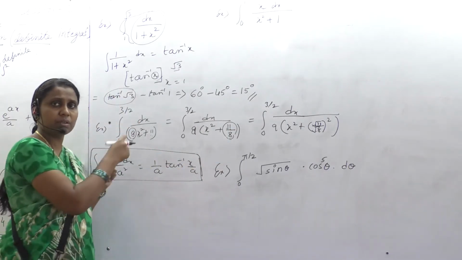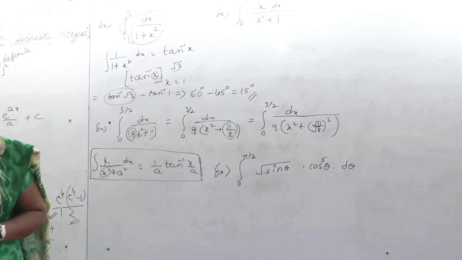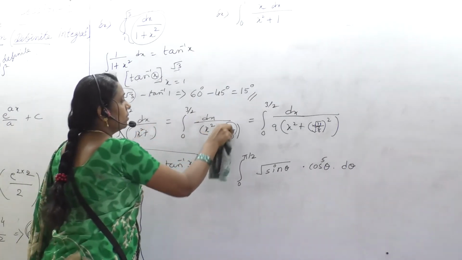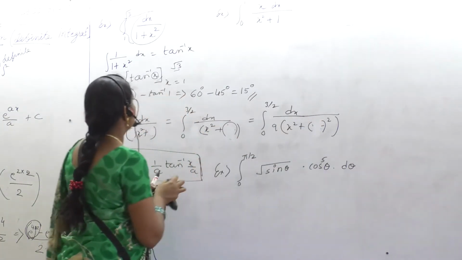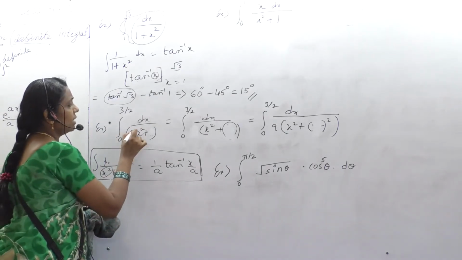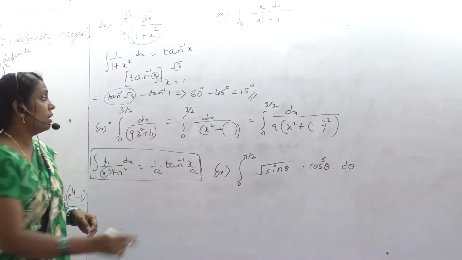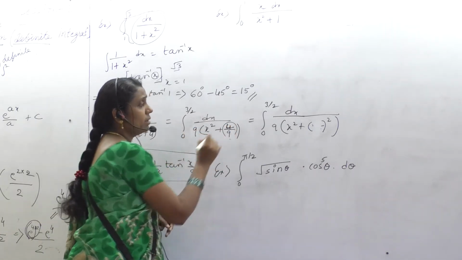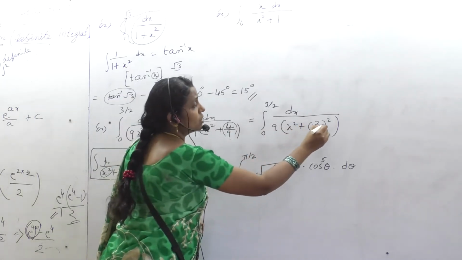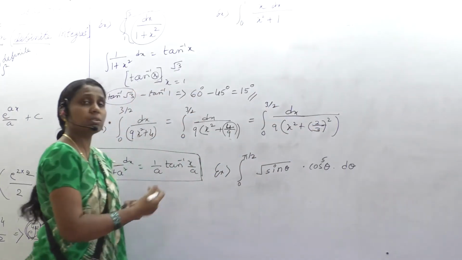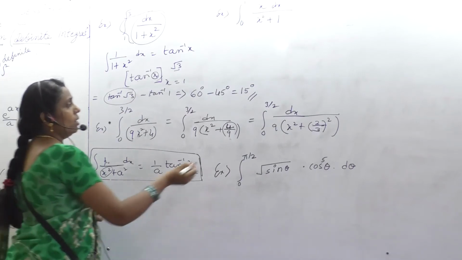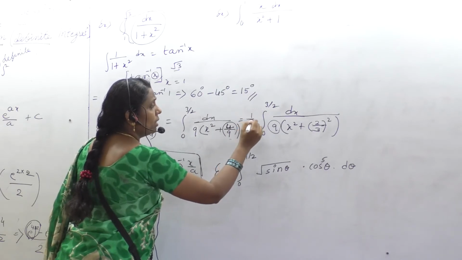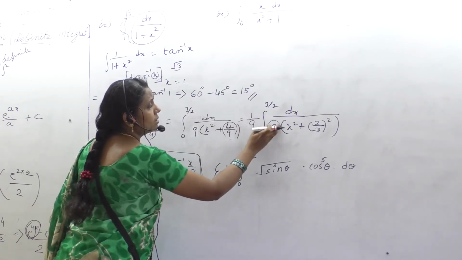So shall we switch to the previous question itself? Okay, what was there? 4 by something. So here it was 9x square, this way it was 4, and 9 we took common, and here we got 4 by 9. Am I right? So 4 is nothing but 2 the square, 9 is nothing but 3 the square. Okay. Now this 9, I will take it out. How can I? 1 divided by 9. This is how I will put.